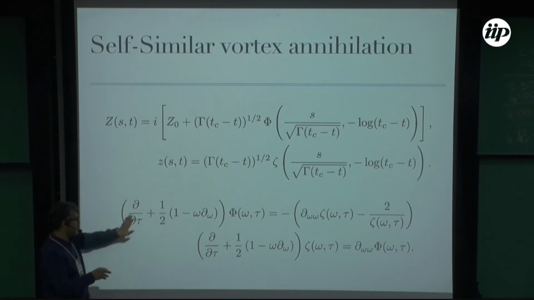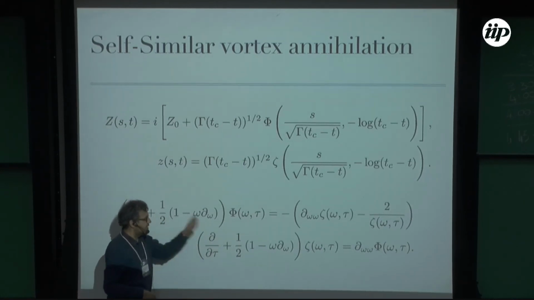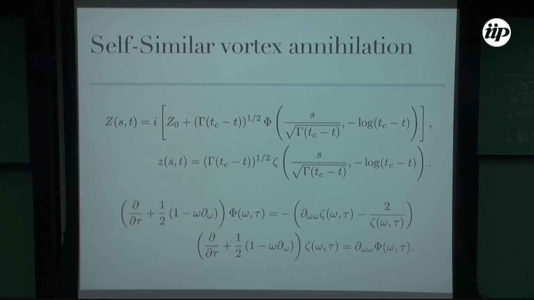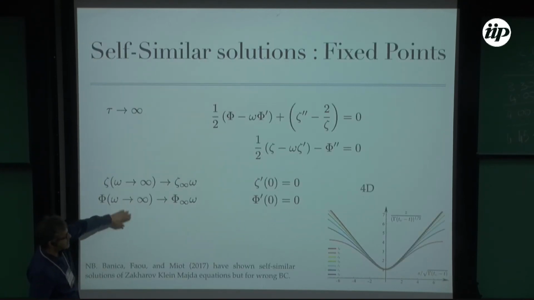Then at the fixed point, the time derivative goes down, disappears, and at the end you get only an ordinary differential equation. And ordinary differential equations are much easier to study, and we need to impose some boundary conditions. The boundary conditions can be seen from the asymptotic regime when t goes to tc,